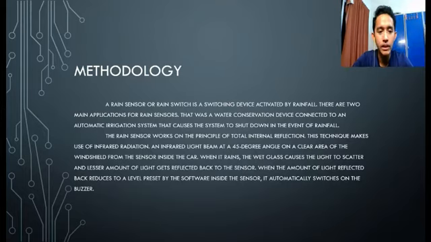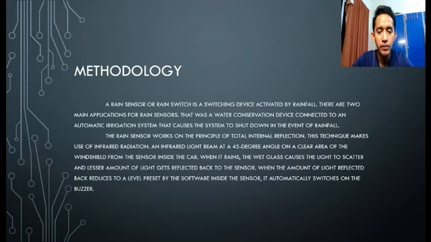There are two main applications for a rain sensor. One is a water conservation device connected to an automatic irrigation system that causes the system to shut down in the event of rainfall. The rain sensor works on the principle of total internal reflection, which is when the rain falls onto the plate of a sensor. The technique makes use of